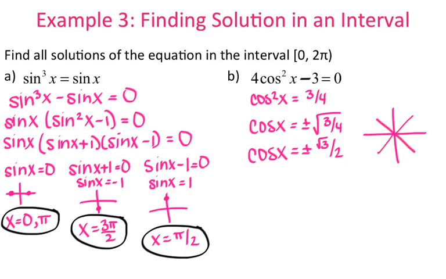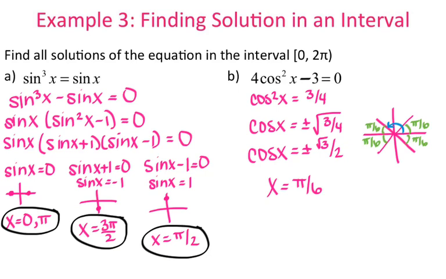My x-coordinate is root 3 over 2 when my reference angle is pi over 6. So that makes this pi over 6. This is pi over 6. That is pi over 6. And that's pi over 6. So my first angle is just pi over 6. That's this one. My second angle, which is going to be in blue,